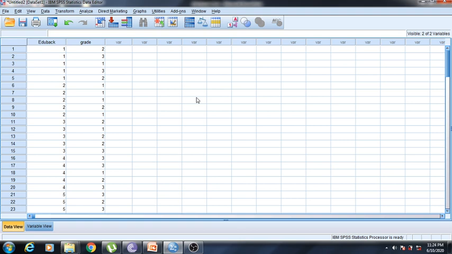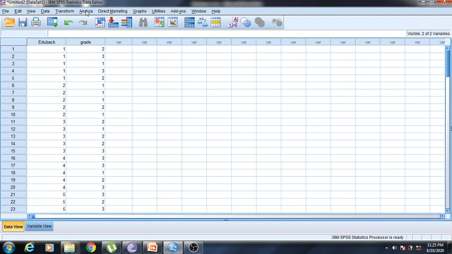So we have to see, our first assumption was the data should be categorical data. So our data is categorical. Second, the data should be selected randomly, so we have taken the entire population. Either we have to take the entire population, or the sample should be selected randomly. So that we have done, and then the expected frequency should not be less than 5. So these are the main points.